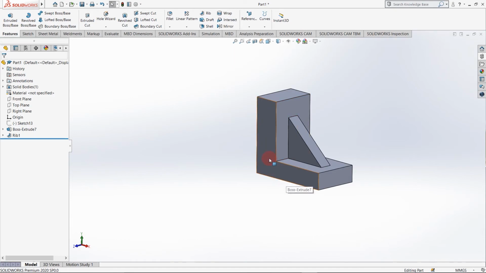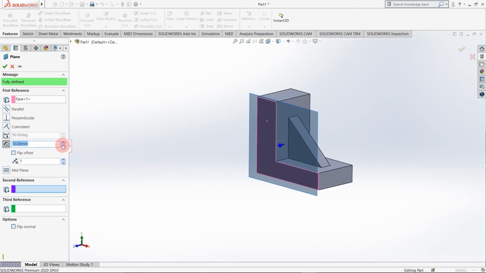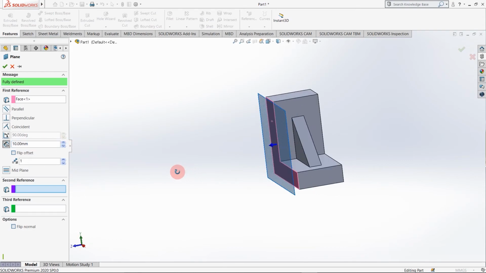I'm clicking on reference plane, and clicking on this surface, and say I want a plane 30 mm away from this surface. So here I am going to give the distance. Automatically it will select the parallel relation. Say I want a plane perpendicular to this surface, so I am clicking on perpendicular.